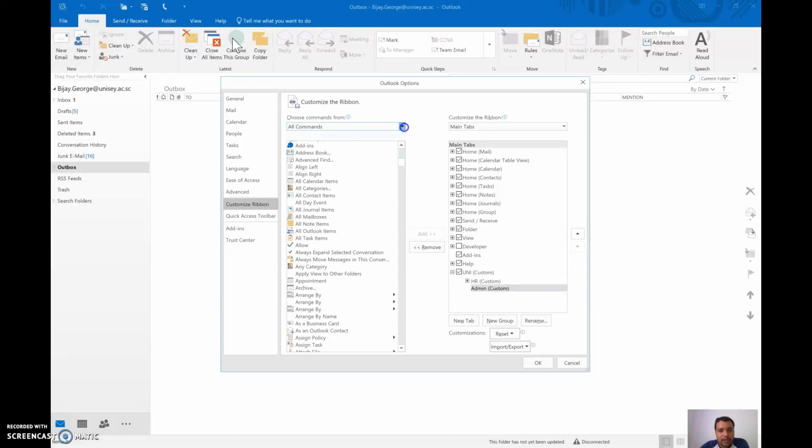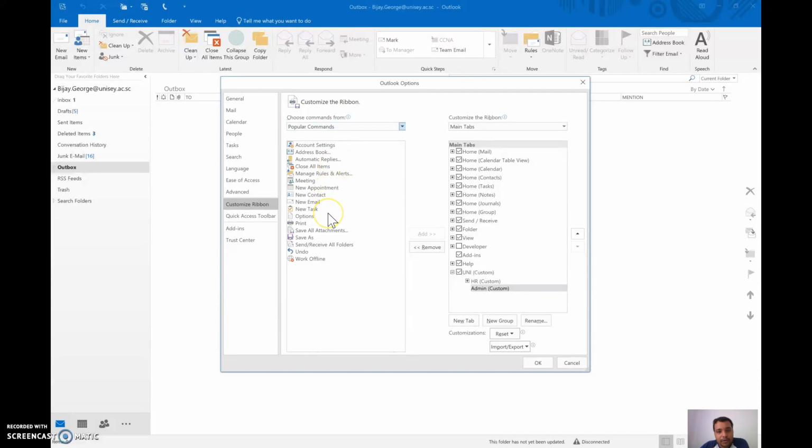Anyway, the commands that we have to place now are available under popular commands, and you click on meeting. Before clicking on meeting, make sure you have highlighted the admin group. So I've highlighted the admin group, and then I click on meeting, then you click on add. If you want to add further commands,